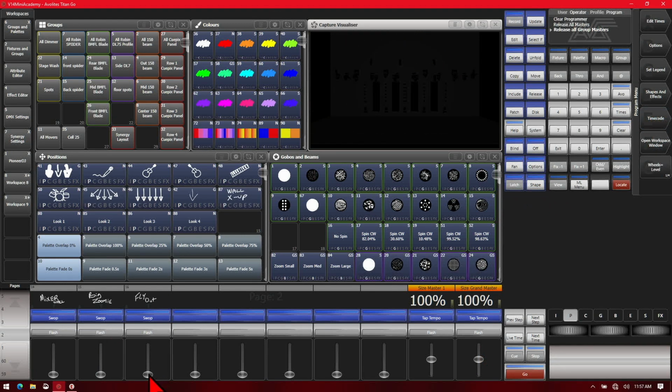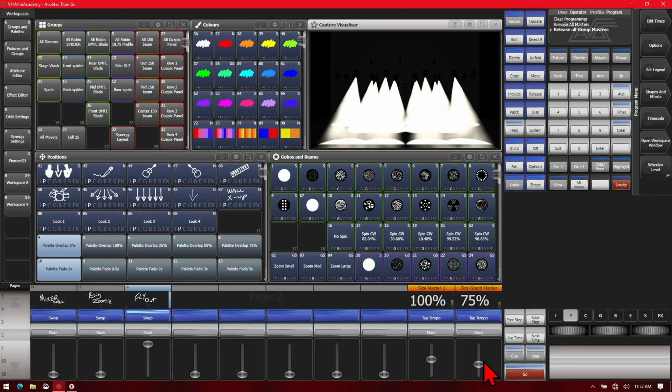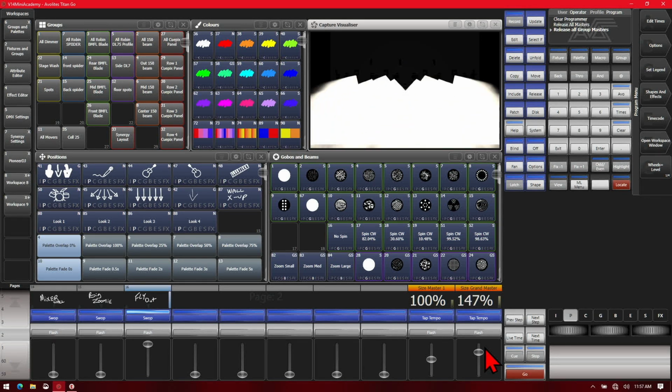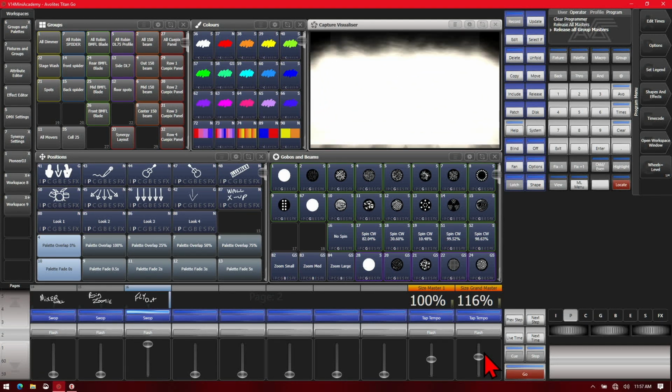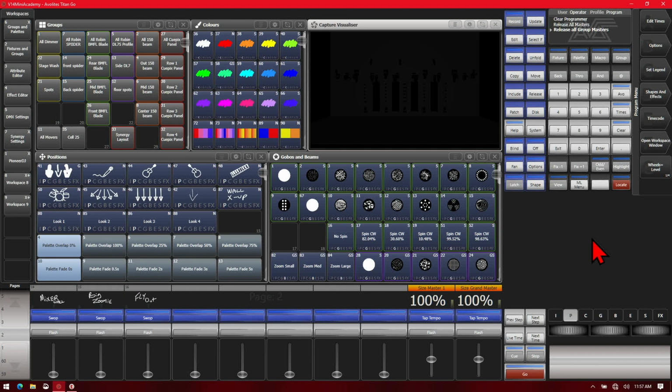Size master also works on keyframe shapes. So here we've got a standard flyout made with keyframe shape. If I was to adjust the size, I can make it smaller or larger as I wish. If I wanted a particular playback to be controlled by a particular size master, I can simply